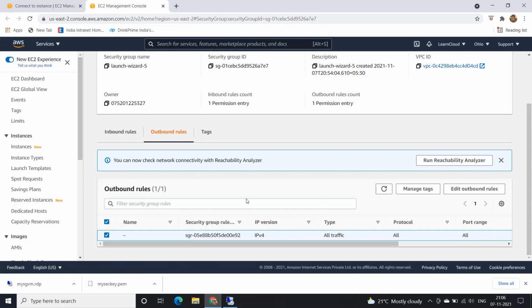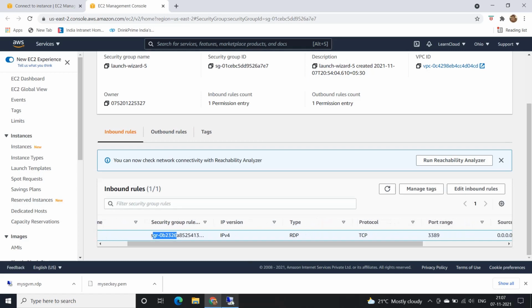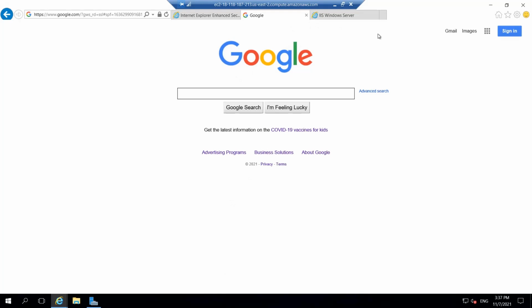So it is able to access google.com, but in the inbound rules, port 443 is not allowed. Nothing is there about port 443. But even then, this particular VM can go to google.com and get the response from that server and come back. So it is stateful, which means irrespective of what is defined in the other inbound or outbound rule, it does not care. If it is allowed in one direction, the response of the traffic goes in the other direction. That is what you just need to keep in mind. So yeah, that point is clear as well.